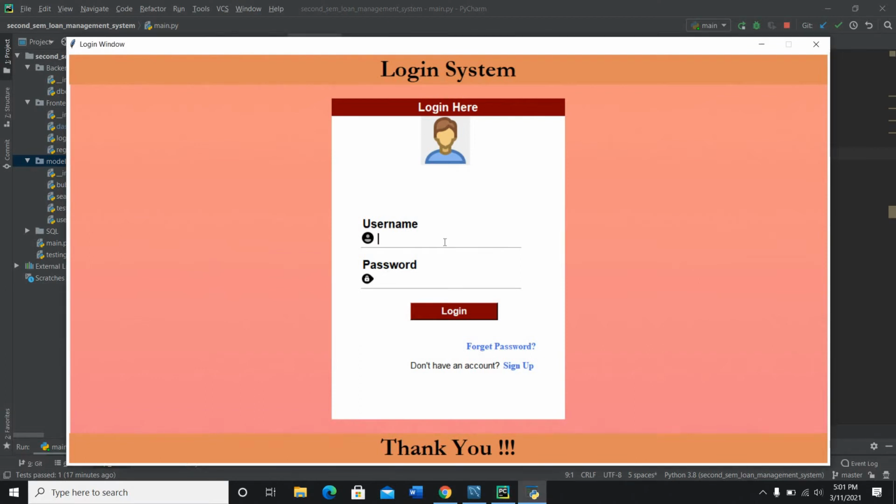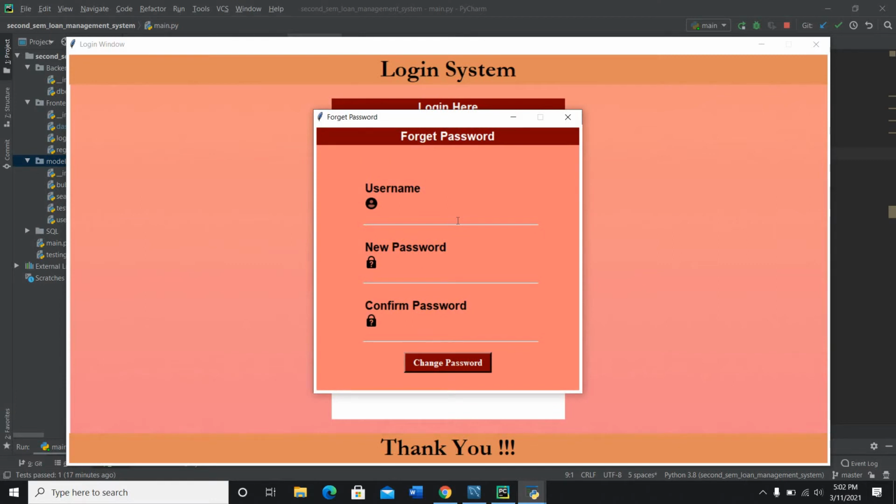Now what we have registered, if we enter a wrong password, then it will pop up information. Okay, I have input a wrong password, so the user is not found because we haven't registered that username and password. So okay, one thing, if we forgot password, then we have to click on forgot password, then username, let me say SHYAM Sam. Then I will update the password SHYAM1. Okay, let me update password SHYAM.